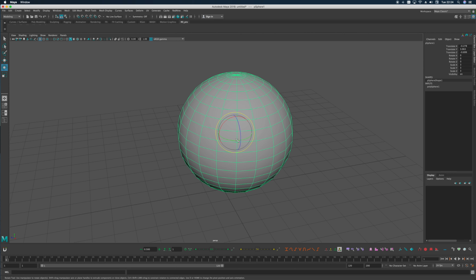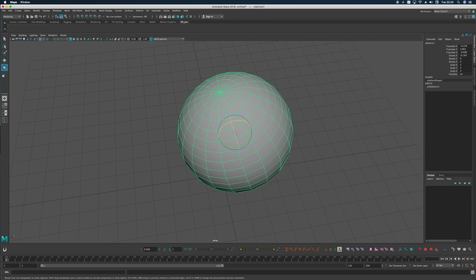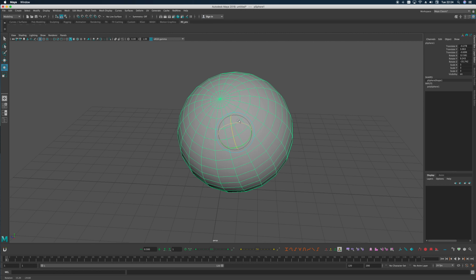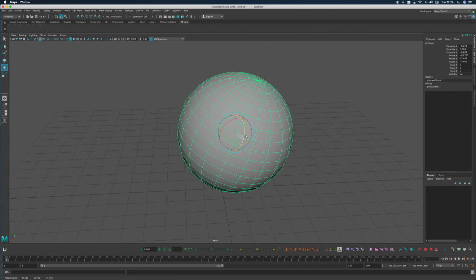Increasing the size of the rotation manipulator in Maya. By default, the rotation manipulator in Maya comes with these thin hair-lined controllers. Maya has the setting that you don't specifically have to click on the axis of the controller in order to select it. You can roughly click around where the axis is and you will select it. Now, to me, it's more of a mental thing, but if I don't see those axes as thick as possible, I feel like I'm going to miss it,